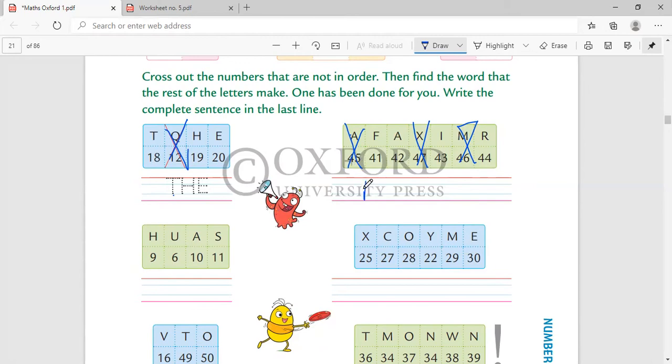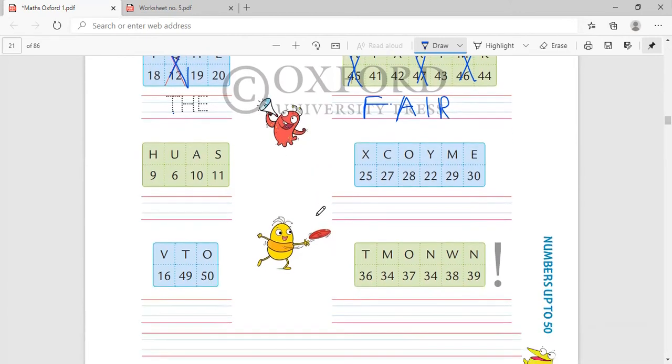Quickly write here F in the 4 lines, touching the lines. F-A. You know I'm using the stylus, so I won't be able to make the best of the strokes. You're aware of it now, but you should be able to make the neatest handwriting. All of this is going in capital. Fair. Here 9, 6, 10, 11. After 9 comes 10. This will be cut off. H-A-S. We will read all the words in the end. Let's just continue to do this one after another. Has.